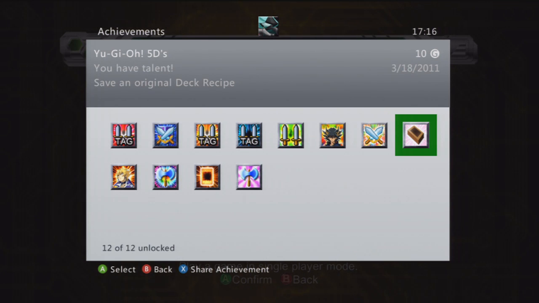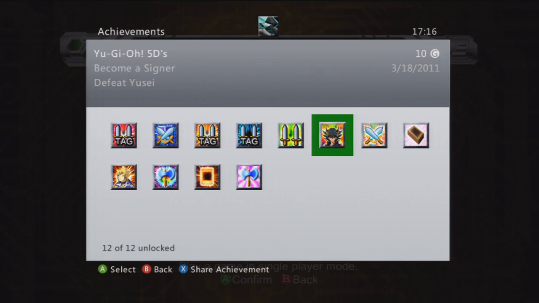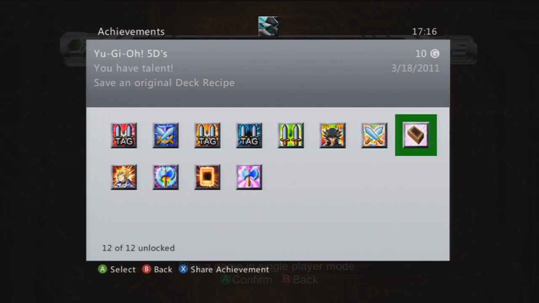Notice how I beat Jack first. Not Yusuke. Yusuke's easier. I beat Jack with the starter deck before making my own deck, which is Elemental Heroes, which is when I made this deck right here. I used the starter deck until I got Elemental Heroes,